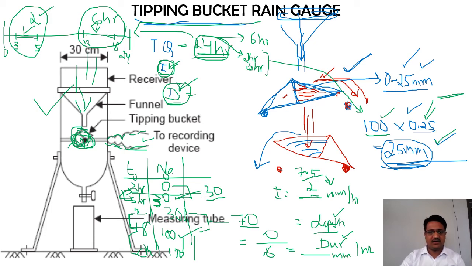With respect to that, one additional thing: whatever we have discussed in this entire slide, the entire setup is going to remain the same. The only difference or addition for a telemetric type of rain gauge station is that this data collection I have shown is connected to a server through satellites. So whatever data is collected will be sent to the satellite, and from there that data can be accessed from any point in the office.